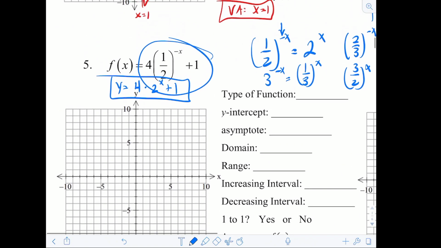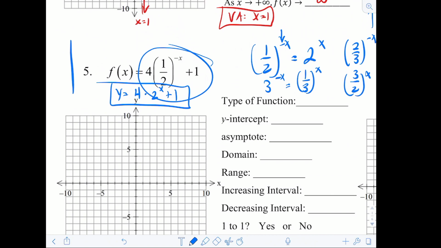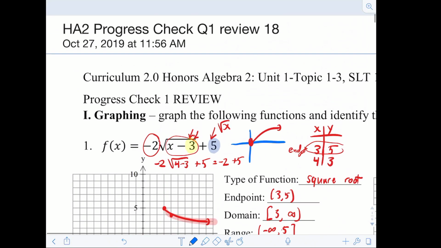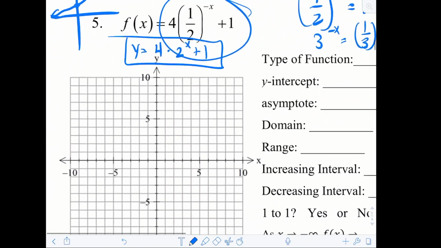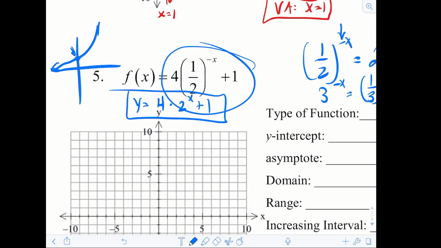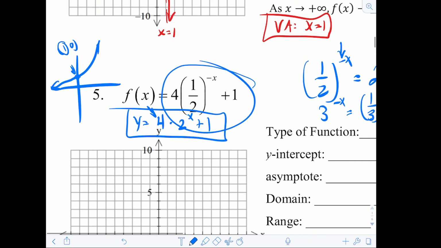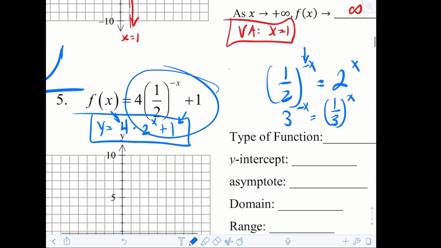Okay, so with these types of functions, we normally have a point at 0, 1, and then the graph ends up looking something like this. All right, so with this one, we have this point right here that is 0, 1. But since we have this vertical stretch, this number 1 is not going to be 1 anymore. It's going to turn to 4, and then the plus 1 is going to add 1 to the y value. Now, that might be sort of difficult to understand, so